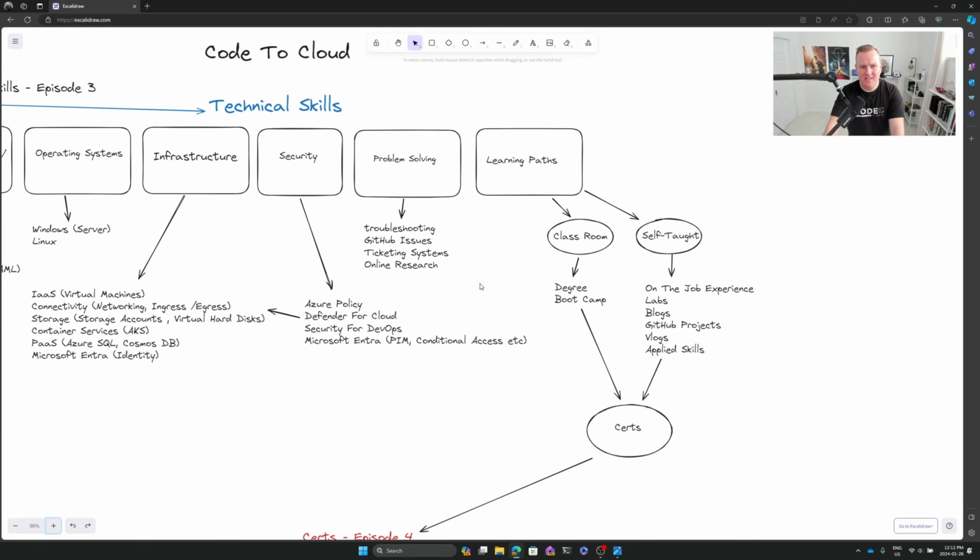You need to learn how to troubleshoot stuff, and you'll get better with it over time, right? So understanding basic things, or when you get blocked network access, or you don't have permissions to the right thing, or you've got the wrong secrets, having those problem solving skills is going to help you. And problem solving really comes down to, how do I get access to information to help me to unblock this